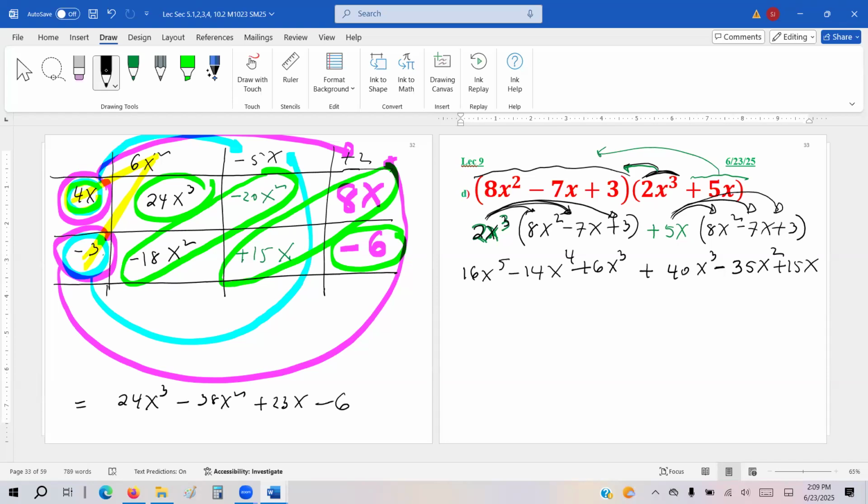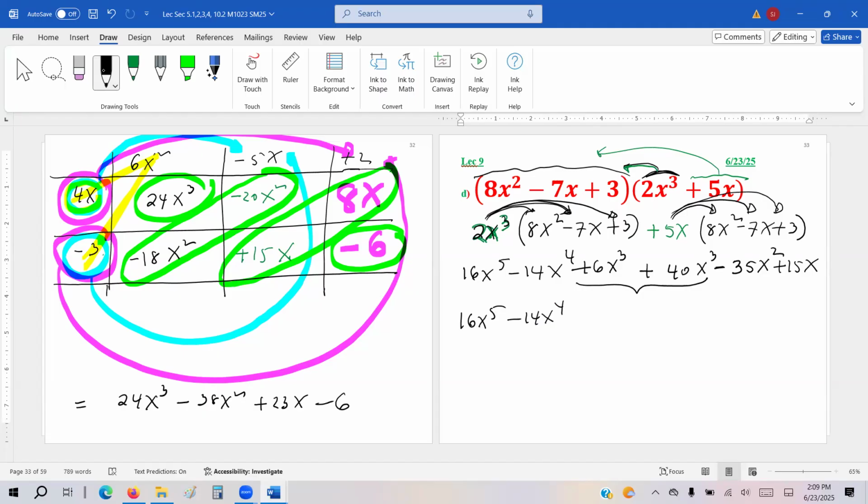So if it's easier for you to write one after another, write that way. Or if you can combine all of them horizontally, you can do that. For my case, I will just write them below one another. So this is x cubed. We have 40x cubed. This is x squared, so don't get confused. Let me rewrite everything. So 16x to the 5, there is no more. We have 14x to the 4, and we have no more. Then we have two of them here, x cubed.